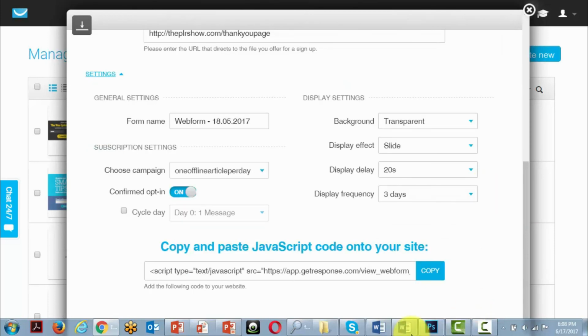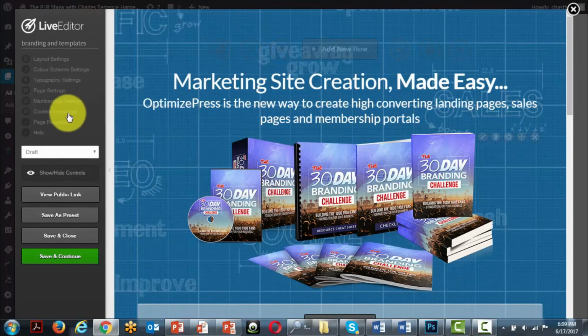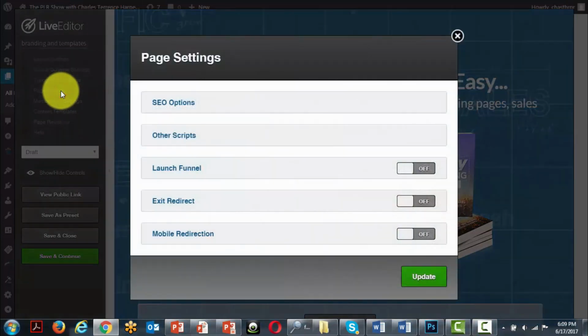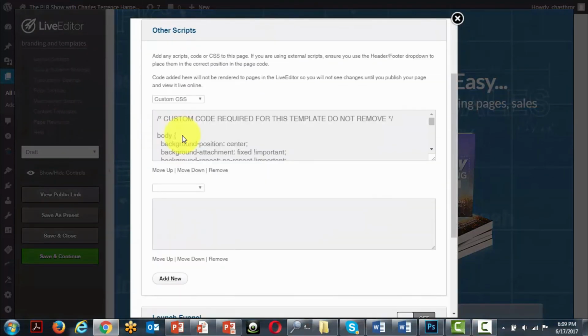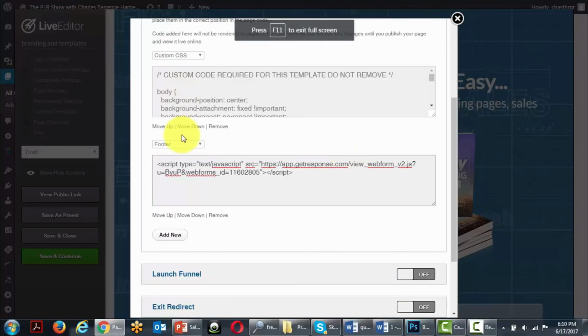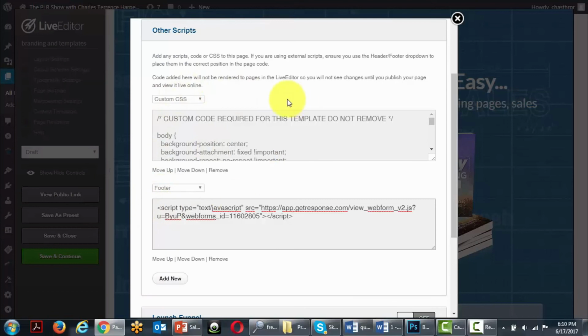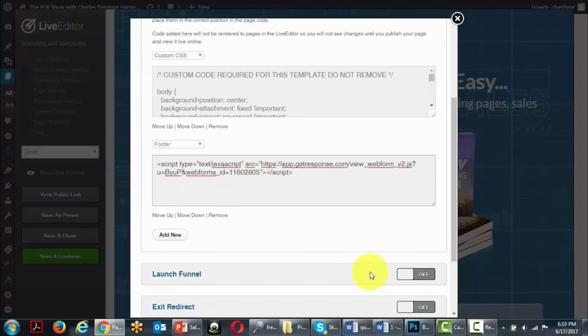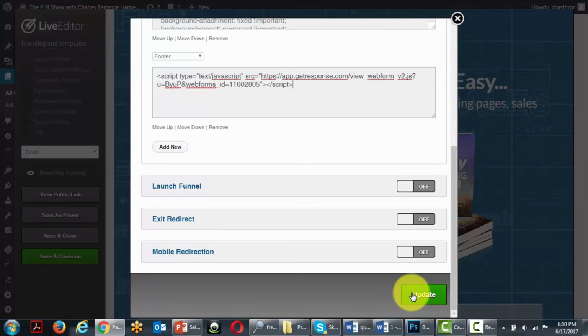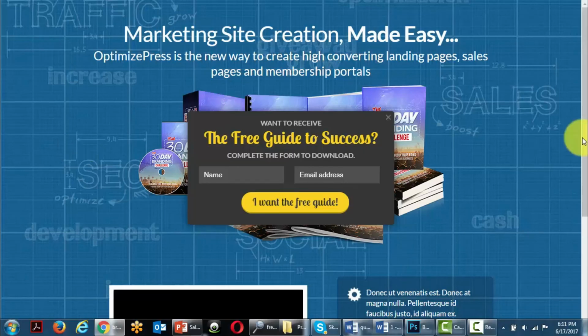We would then copy the code, and then we would go back to our site. We would then inject the code into a place where our scripts are going to be held. And then we're going to save it into our page builder. Now, every page builder is going to be different. Every autoresponder is going to be different, but you are going to have to get a code. You are going to have to put it either in the header or footer area of your page builder and then save. And what happens is when the visitor actually comes to the page, this form will eventually show up